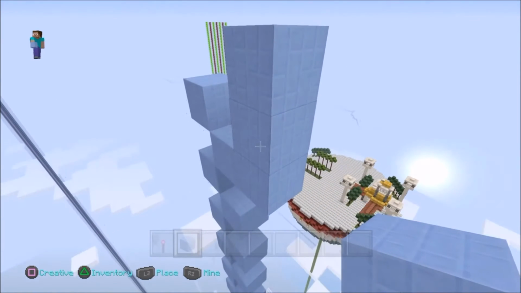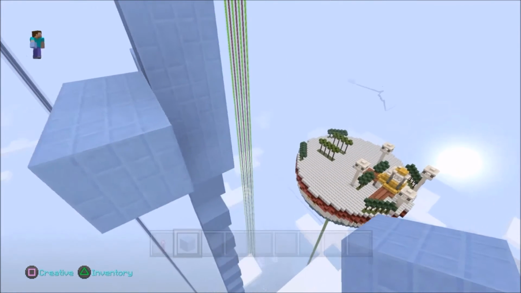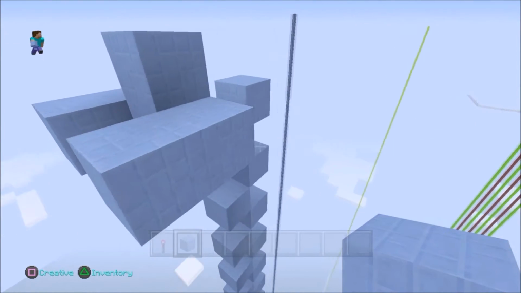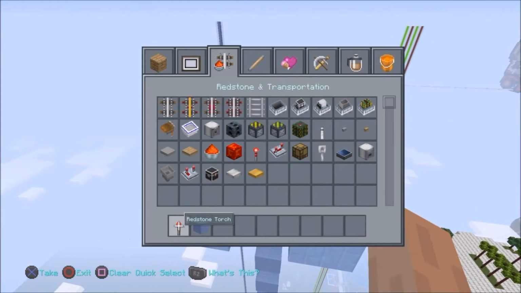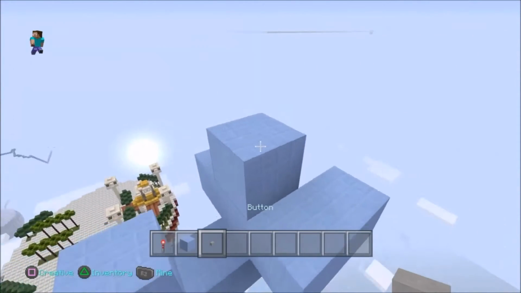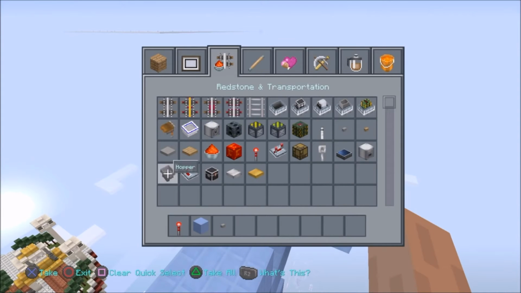When you get to the top, you want to build the border back around and put your button back where you found it. But now it's a lot higher, and this is the basics of it. So now you want to put your button and put your dropper behind here like this, so you get your dropper out,